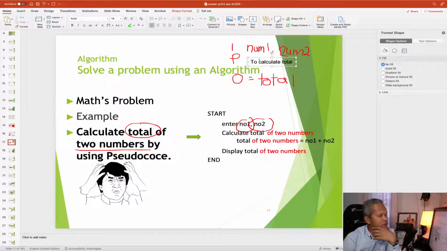In algorithm using formula. In problem analysis, we are not using the formula. Look at the problem. I write in simple language to calculate total based on number 1, 2. But in the algorithm, we are